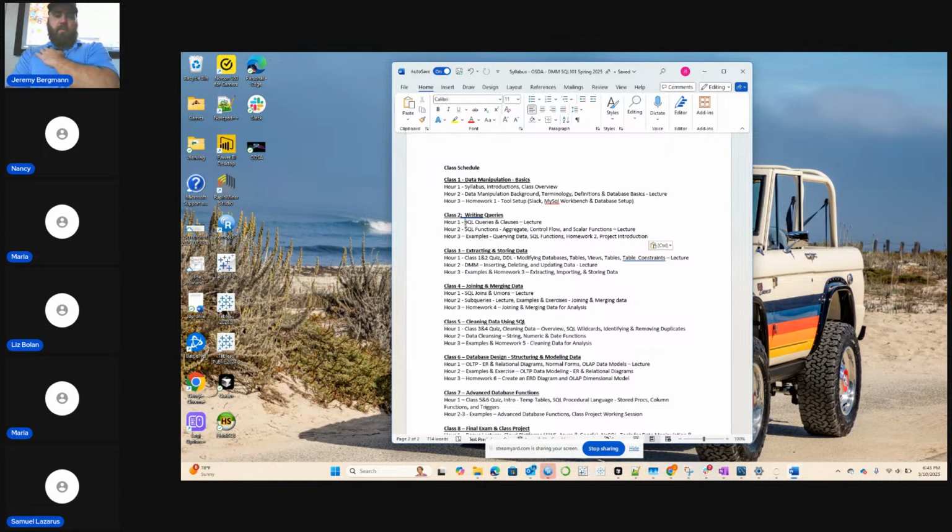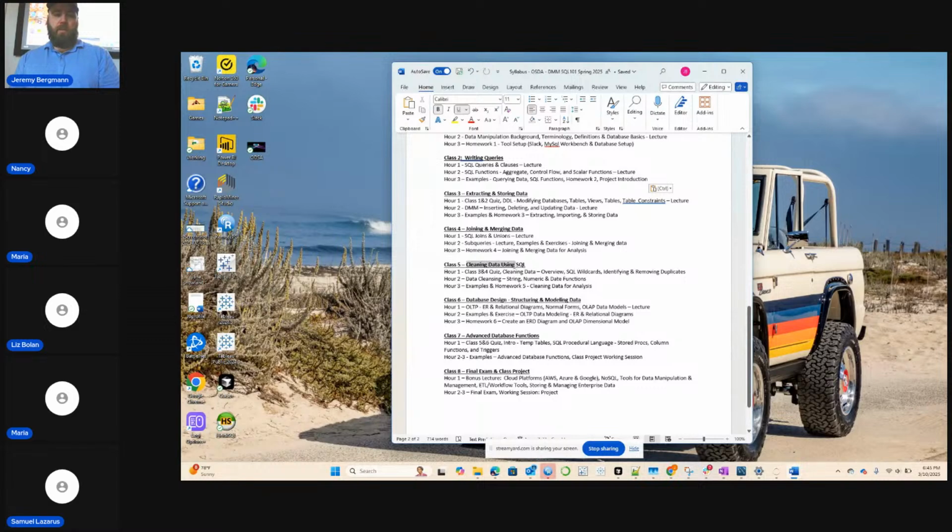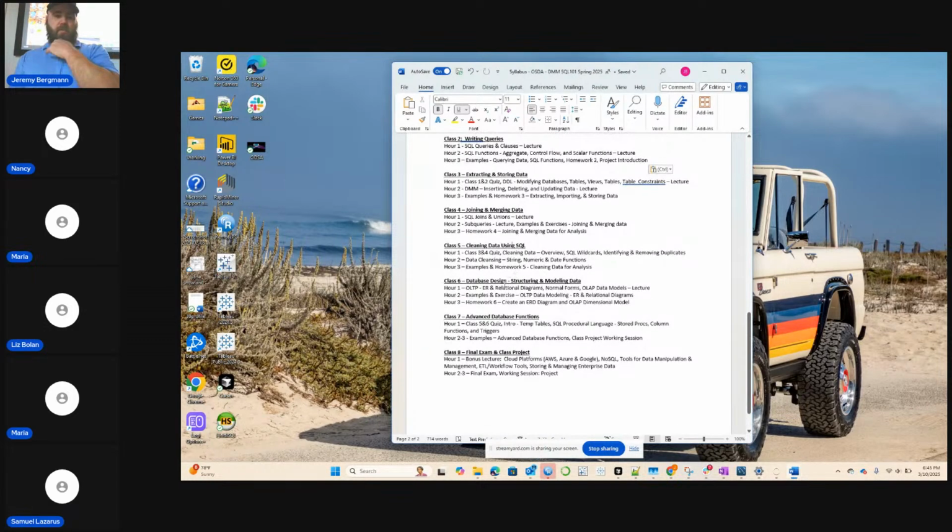So we'd lecture the first 2 hours the second week, and then we'll do a lab with examples and get you introduced to homework 2 in the project. So it covers all the topics we talked about: extracting and storing data, joining and merging data, so bringing those data sources together, cleaning data using SQL, database design.